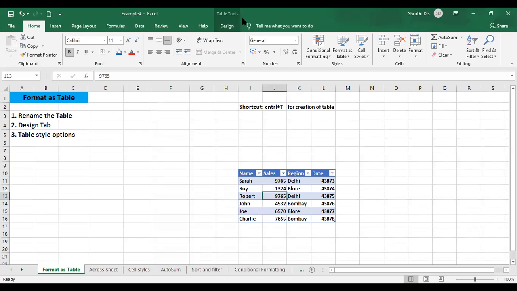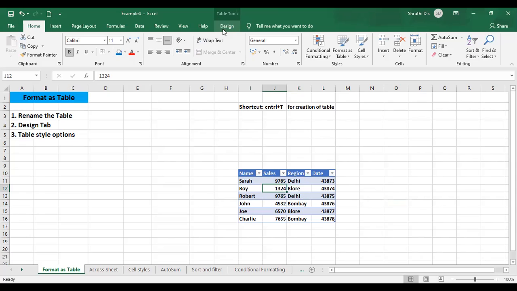That is because this design tab will appear only when you have the data in the form of a table. Until I have a table here, we don't have any tab called design. Once I place the cursor inside my table, the design tab automatically appears.